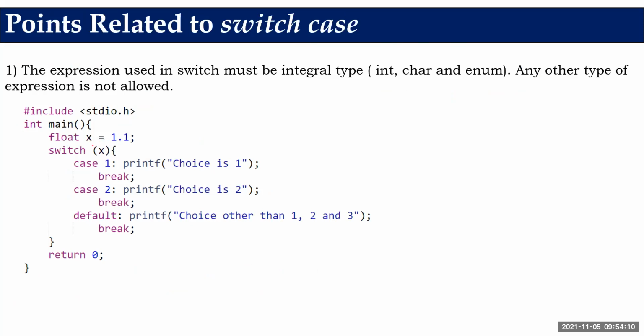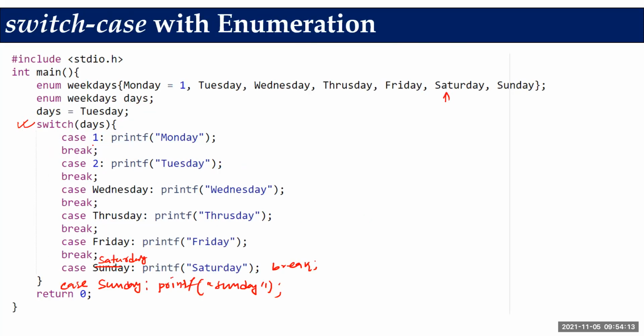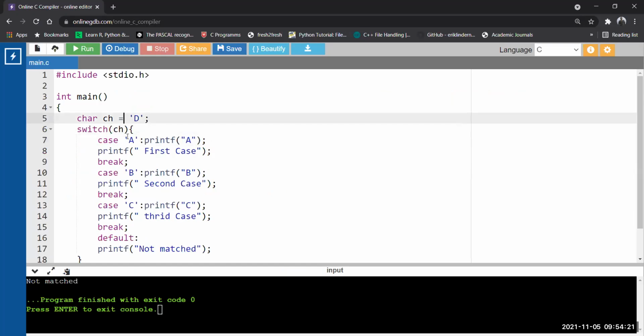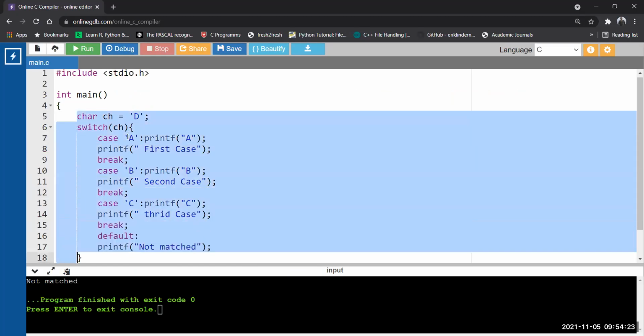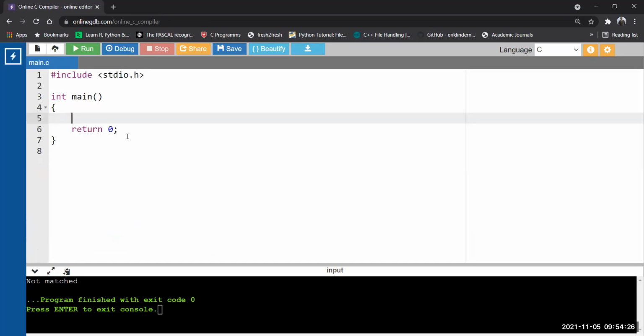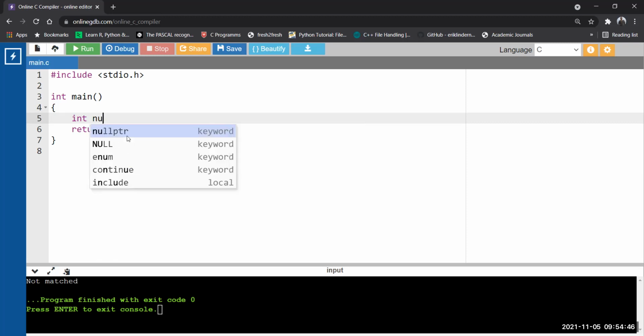Okay, so let us see an example of switch case with the integer in the compiler. Then we'll discuss a few important points related to the switch case. So we are done with the character here, correct? Now I'm giving an option here, see, integer. I want to design a calculator with the switch case. When you select a calculator, with just basic mathematics operations, we have an option of which operation we want to do with the help of arithmetic operators. So let's implement this. We're going to take two numbers first.